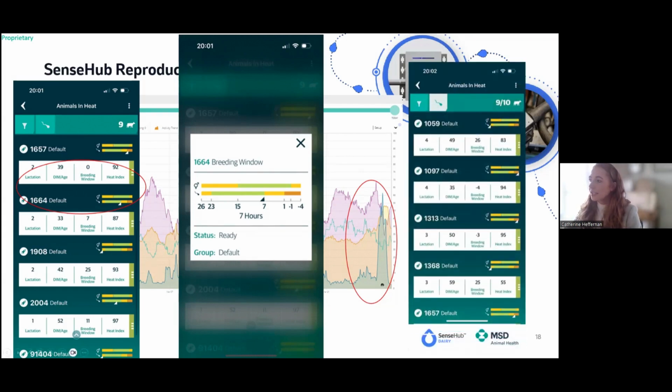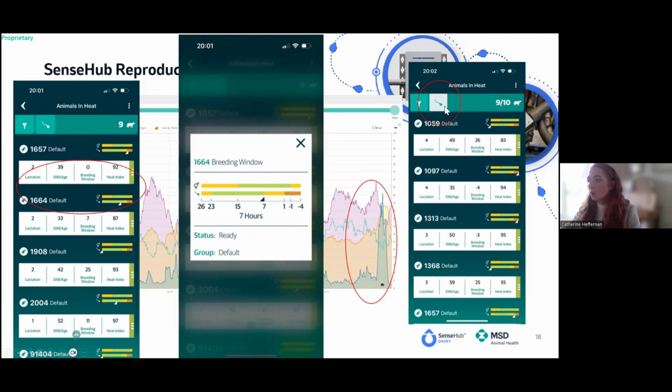So with your animals in heat, we also have, as you see circled here on my graph, the sperm symbol at the top of the screen. So John would have alluded to the settings in the background and your voluntary waiting period. So your voluntary waiting period is the number of days in milk over which you would like to AI a cow. It doesn't mean that the cow won't be in your original list, but some people find themselves pressing this button and seeing the 9 out of 10 or 8 out of 10 and wondering what's happened or where are their